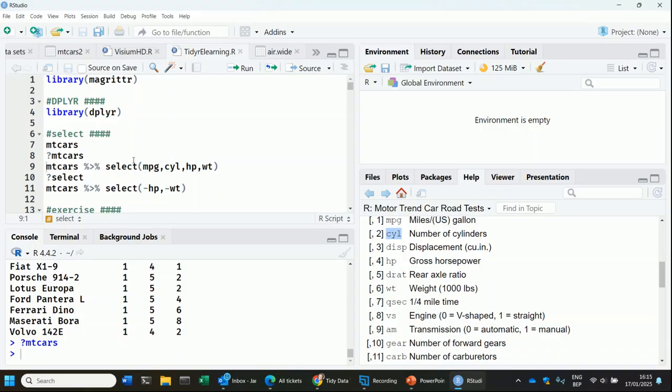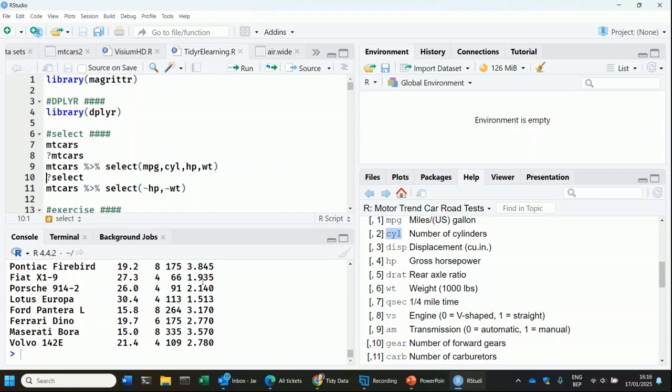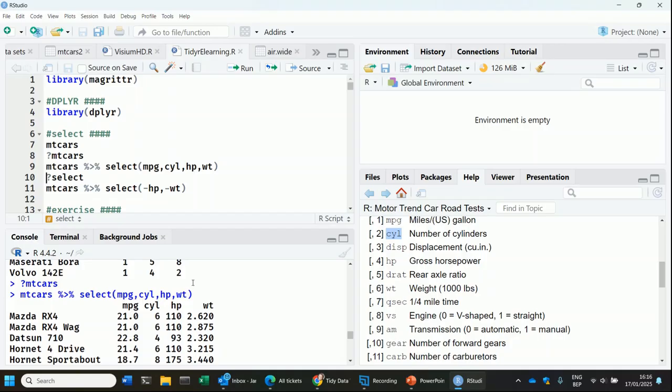So in the first line of code here, I'm going to select a number of columns from mtcars. So you see these names popping up here. I select the columns and you see that I just write the names of the columns as they are. There's no quotes here, there are no dollar signs, just the names of the columns. And I separate them by commas. When I run this line of code, you see that it generates a new data frame that contains only the